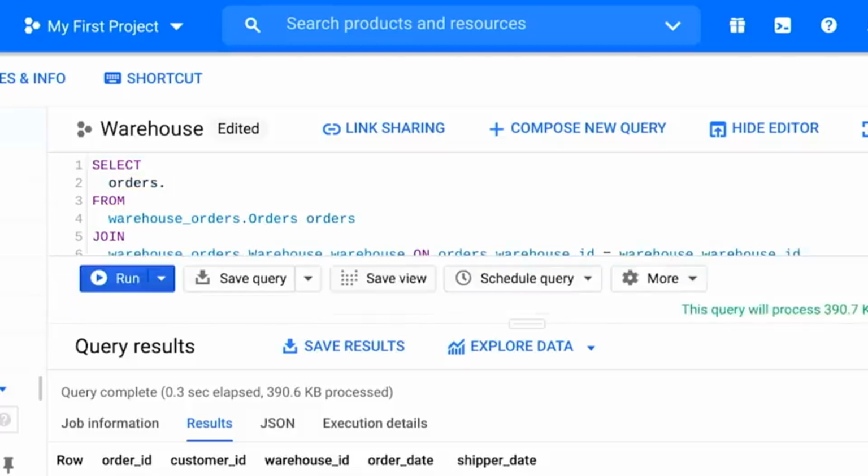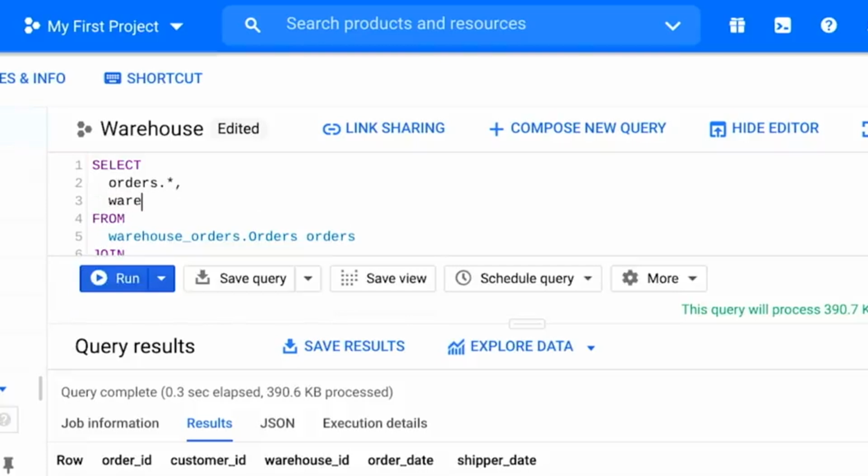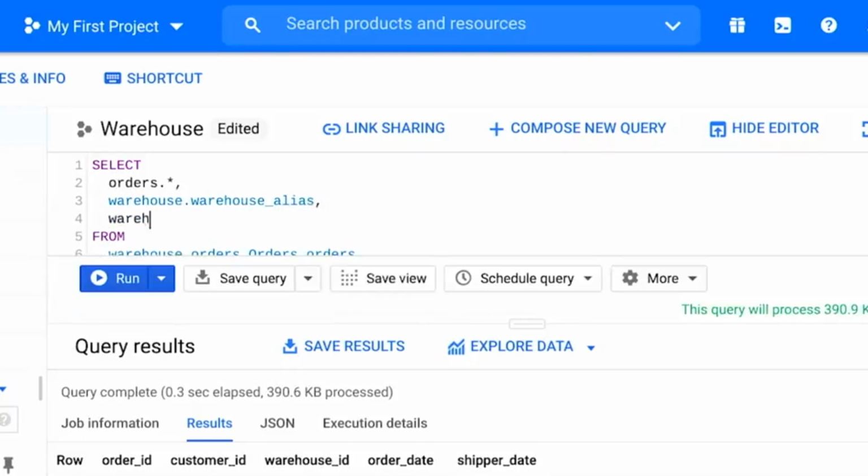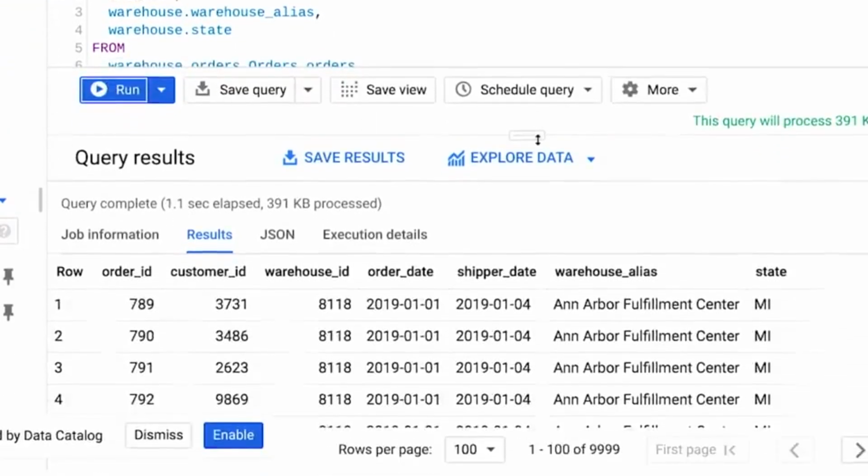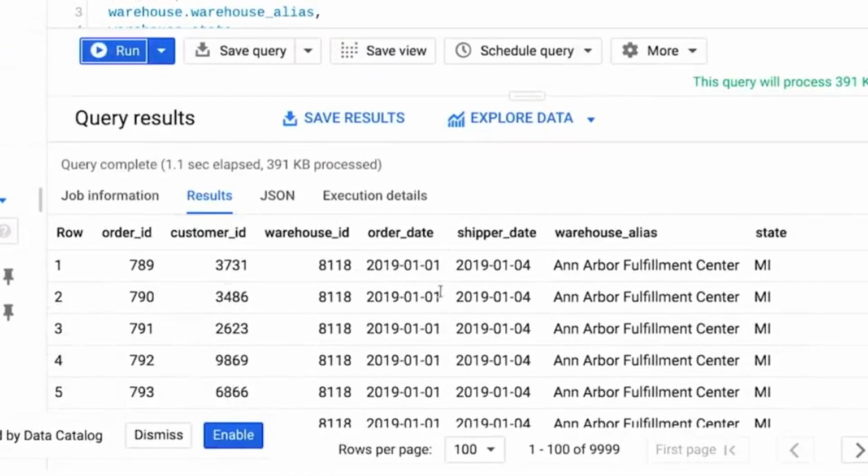And now that we have the aliases in place, let's build out the select statement that comes before from. Let's run that. And there. Now we have data from both tables joined together, and we know how to create these handy aliases.